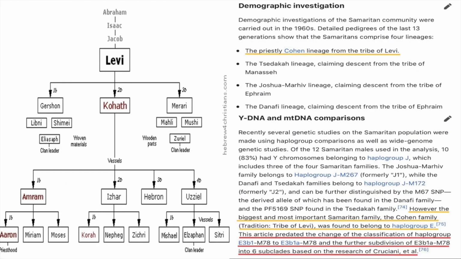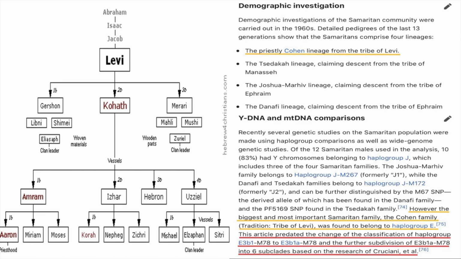So, dealing with the Samaritans now: we dealt with people claiming descent from King David, and then we dealt with the general Jewish population, Ashkenazi, Sephardi, etc. Now let's deal with the Kohanim and the Levites. The priestly Kohanim lineage from the tribe of Levi, the Samaritan family, let's look at them. It says, however, the biggest and most important Samaritan family, the Kohanim family, tradition, tribe of Levi, was found to belong to haplogroup E. This article predated the change of the classification of haplogroup